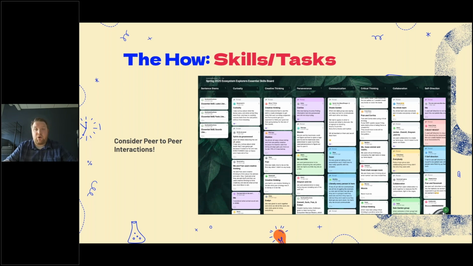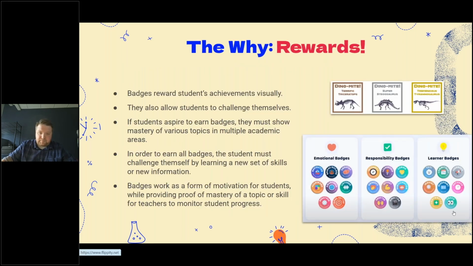So then I can give them Corey Cash. I can give them Corey Cash, the person that was doing the task, but I can also give the person that wrote the post Corey Cash as well. So it's a really strong way for peers to notice each other and still get that reward system.